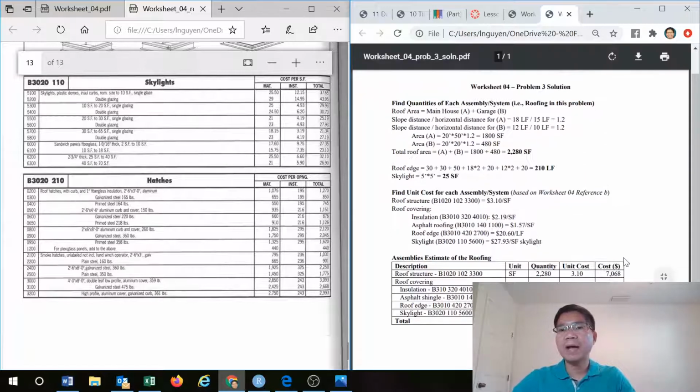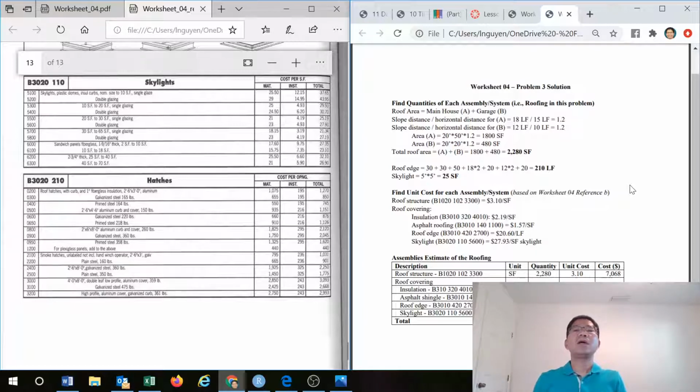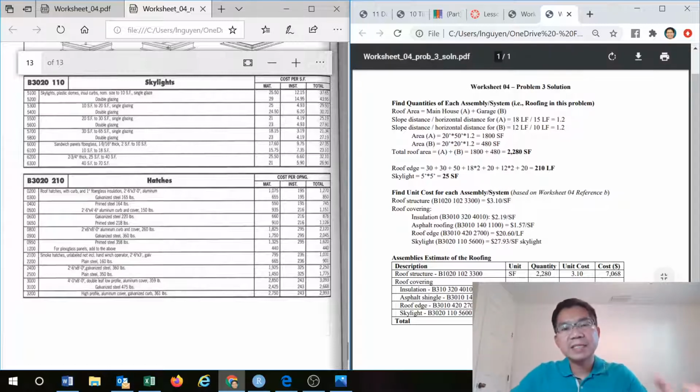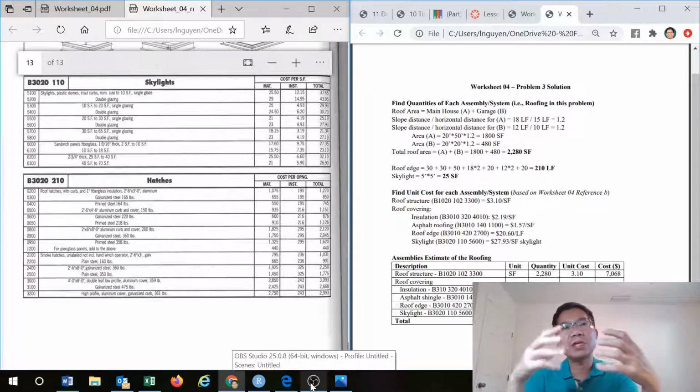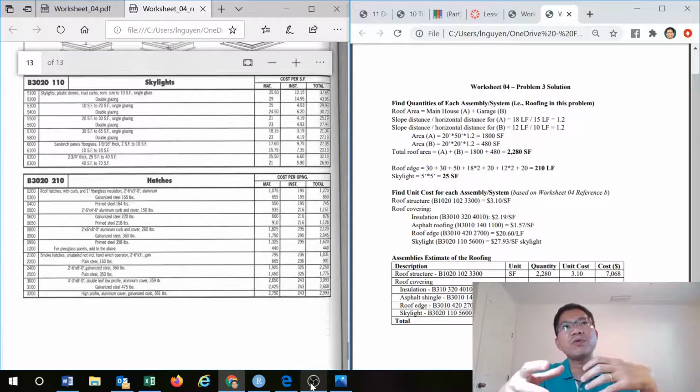For this roof, it's about 20,665 national average. Of course, if it's Fort Myers, you can multiply by 86% to get the cost. So that is basically the idea of using the assembly or system estimate to do the cost estimate for one component. If you continue to do the same for other components, for example, air conditioning, structure, the process will be applied